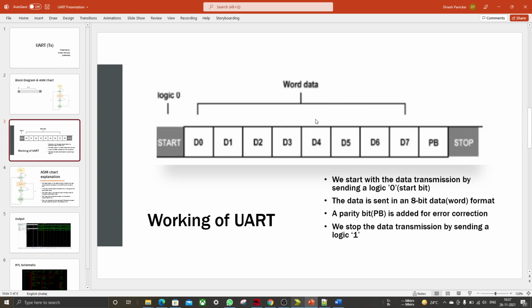Now let's go for the working of a UART. You have a logic 0 which is indicating your start bit, and then you have 8 bits which you would be sending as word data, and you would have a parity bit for error correction, and another stop bit would be sent through logic 1.